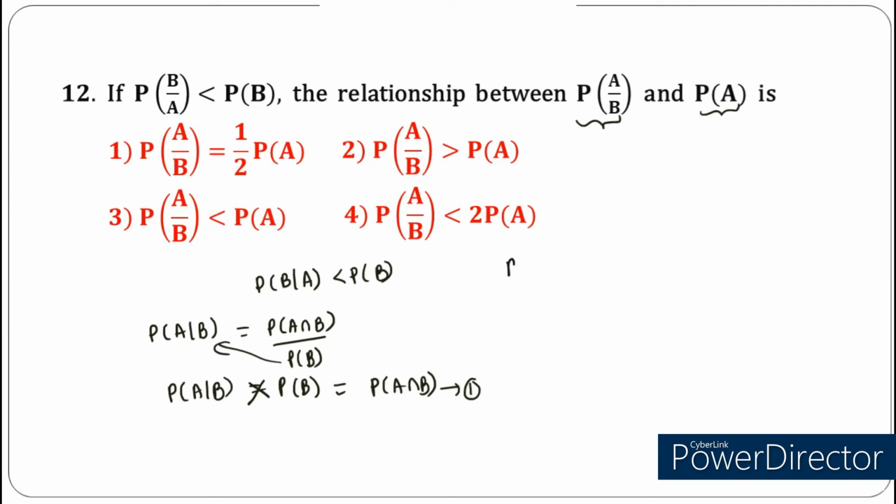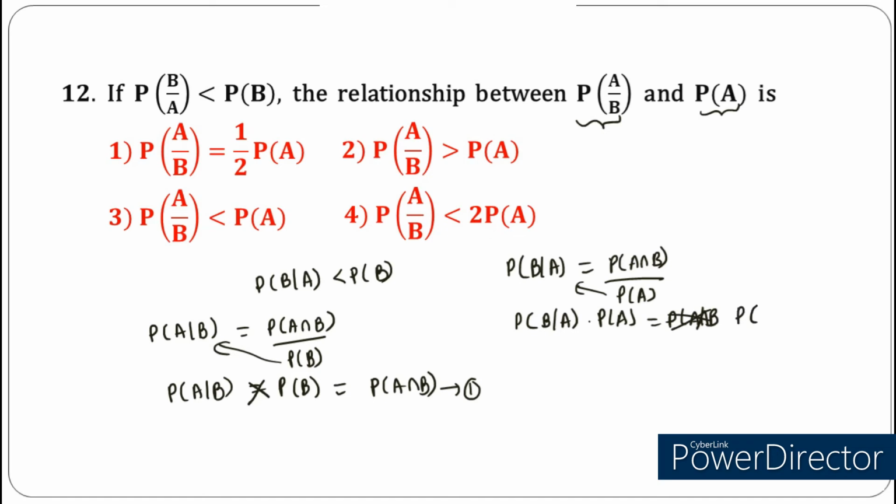Similarly, what is P of B bar A? It's nothing but P of A intersection B divided by P of A. Right, now if you take this part here, P of B bar A into P of A, you get equals P of A intersection B. Right, let me write it again, P of A intersection B. Right, now look at equations 1 and 2, both RHS are P of A intersection B. It means you can equate these two. So P of A bar B into P of B should be the same as P of B bar A into